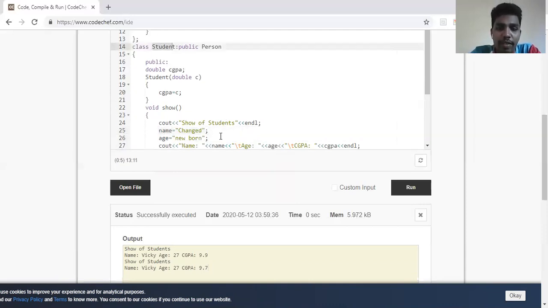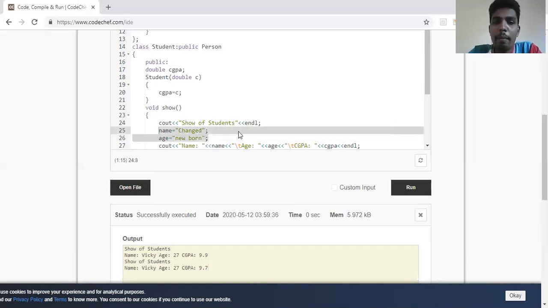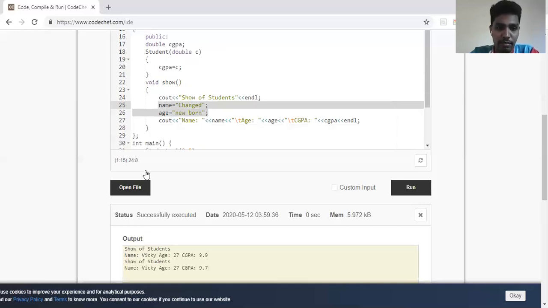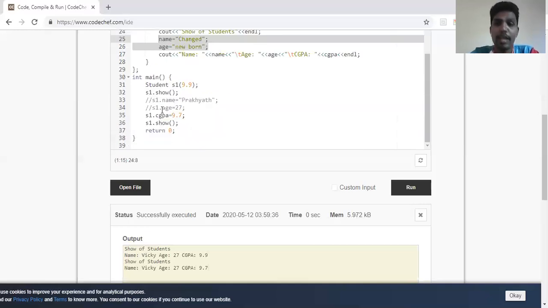And I can do that. Why? Because name and age are protected. Name and age are not private. Protected members can be accessed within the child class, but I cannot do that in main. Why? Because main is an external entity, I can only access the public members of a class. And since main is an external entity, it cannot have access to the protected and private members.